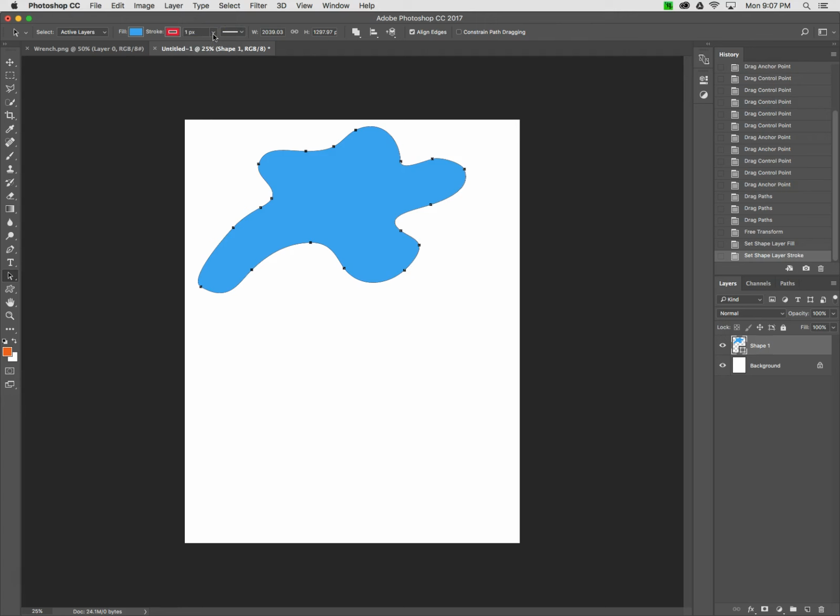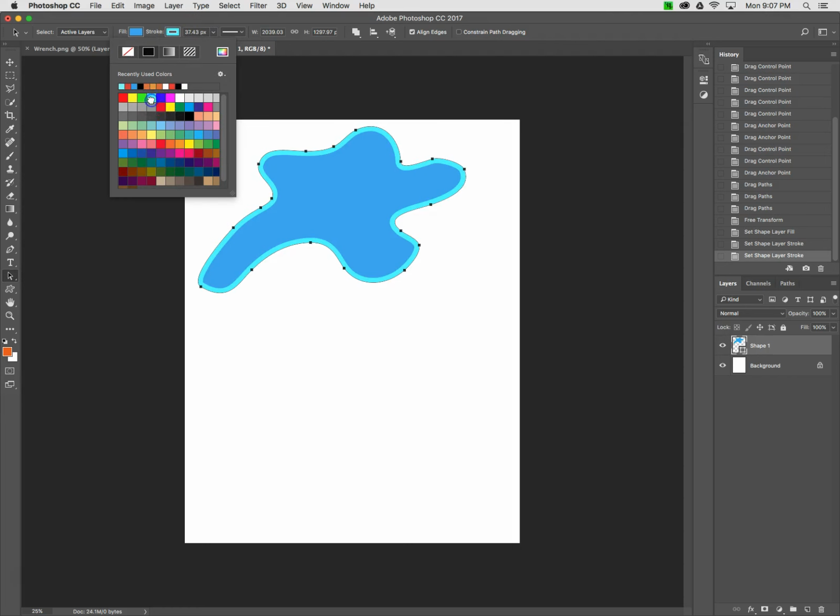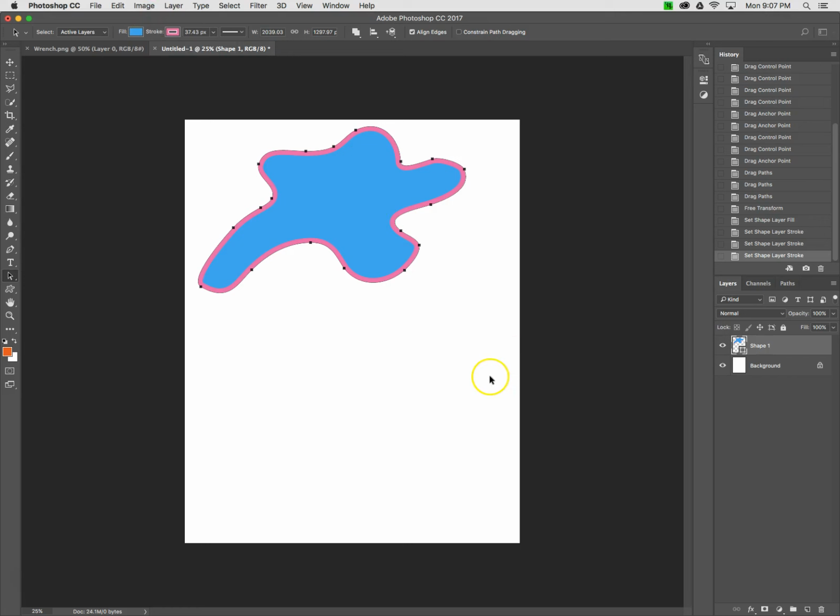You can't really see the exterior of the line in my example here yet, but if I slide this bar to make it thicker, you'll see I can change that. The great thing about these vector shapes is that I can select a combination of colors for the path, the outline, or the fill, the color in the middle of the shape,